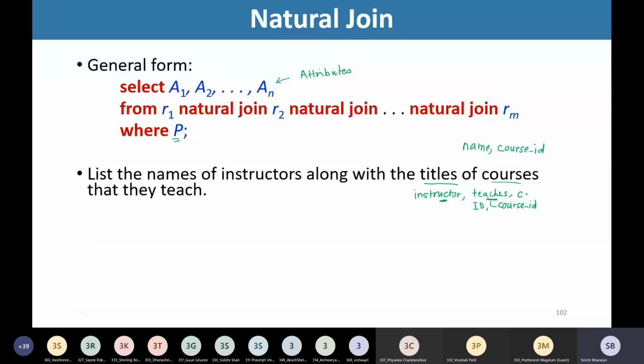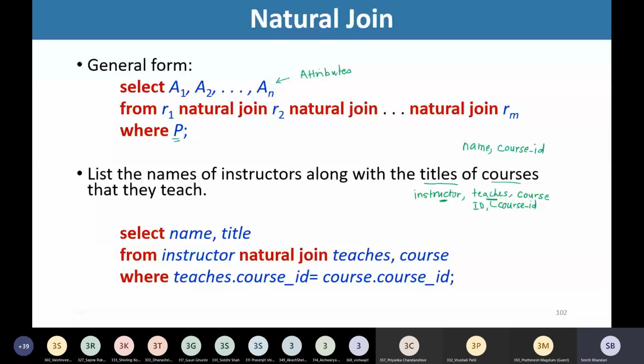Okay. Now let us try to write this query and see how I am writing it. Select name, comma title from instructor natural join teachers, comma course, where teachers.course_ID is equal to course.course_ID.